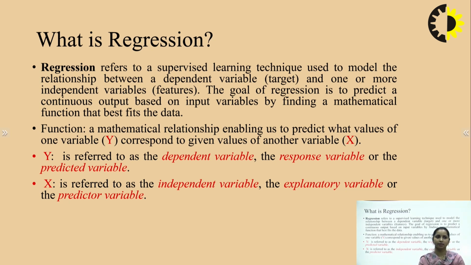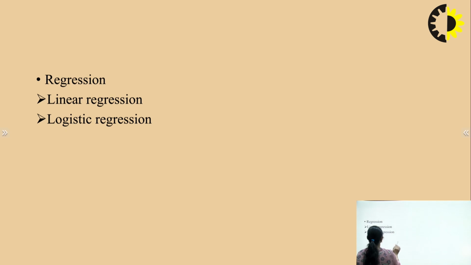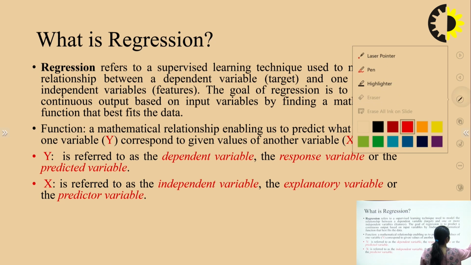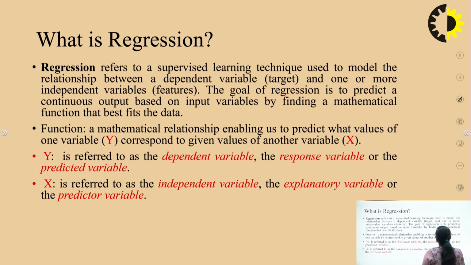So let's take an example. If we take y and x, so x is the independent variable and y is the dependent variable. If I have to predict the price of the house, right? House price. So in that case,